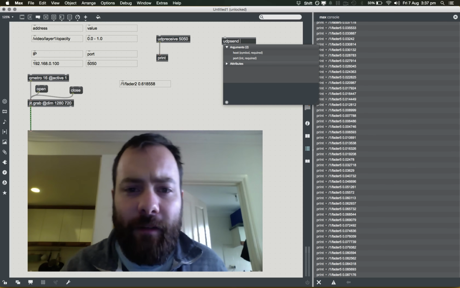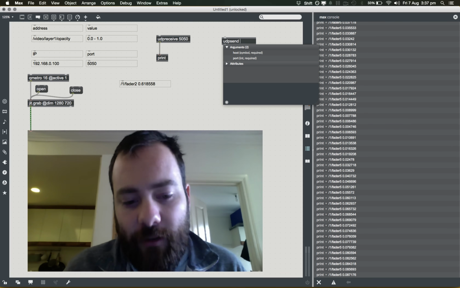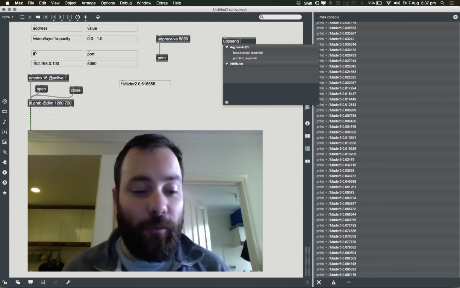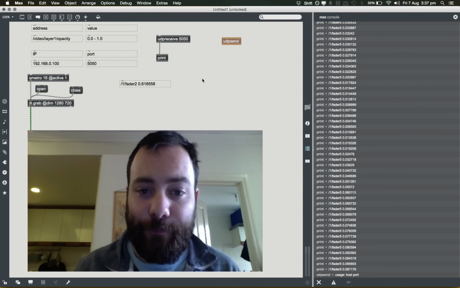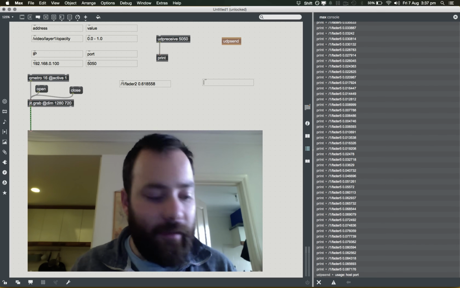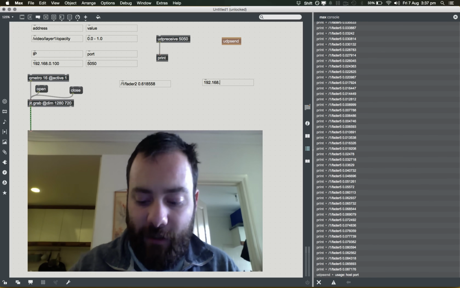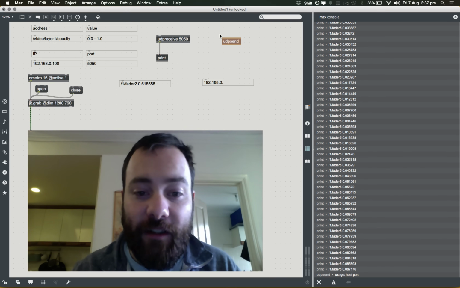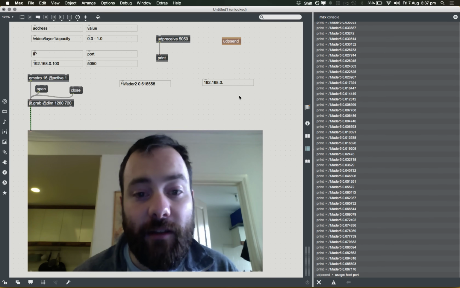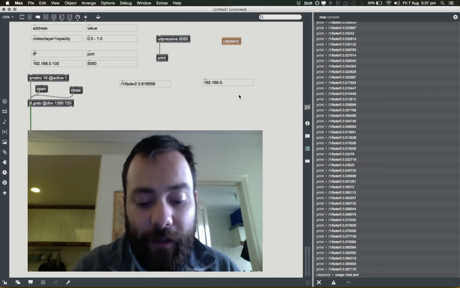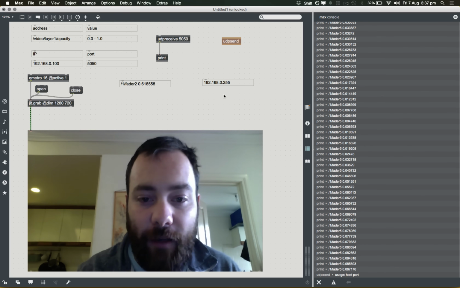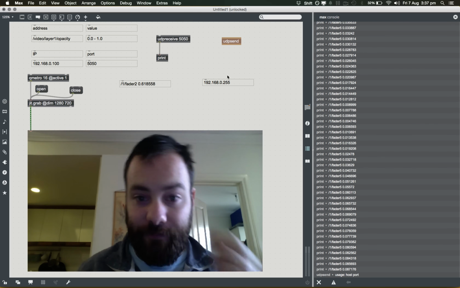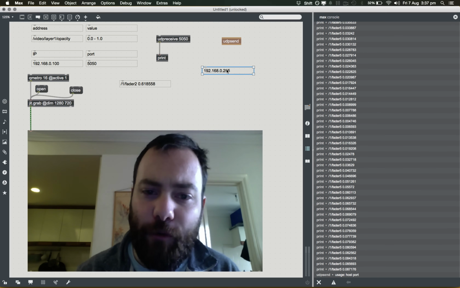But what if we don't know our IP address? Well, we can use what's sometimes called a broadcast, or what you can think of as a wildcard. Since my network starts 192.168.0. something, basically any computer on this local network, its IP is going to start with this address. And usefully, we can use this number, 255. So 255 in this case is a magic number. You can think of it as a wildcard. And what it will do is if we put 255 in there,